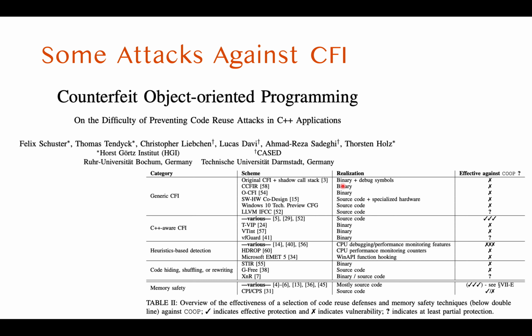So in the paper, you can see the tables, something like this, and this row lists the available defenses, and you can see a lot of X's, meaning all those defenses are not effective against this new attack. So new attacks keep developing. This area is still a cat and mouse game. If there's a new defense, then there will be a new attack, and there will be a new defense,